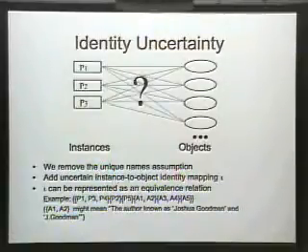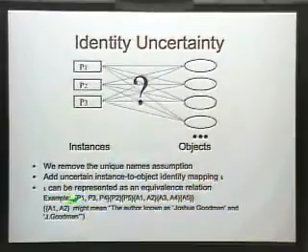So we're going to represent this mapping over here by this thing we call the identity mapping, iota. And if you think about it, iota can be represented as an equivalence relation because it clusters these things together. If P1 maps to this and P2 maps to this, then it's like P1 and P2 are one object. So instead of talking about this object here,